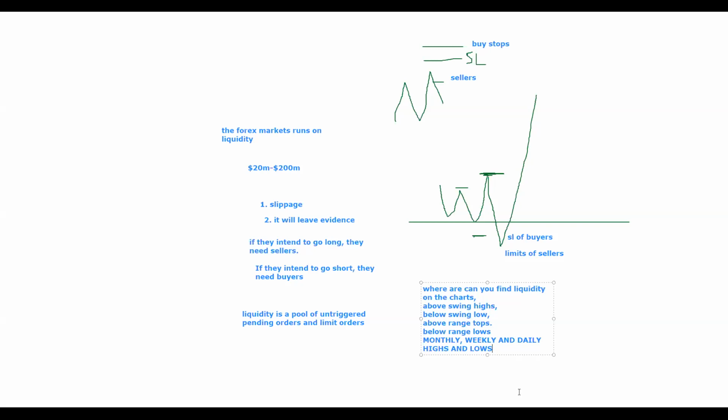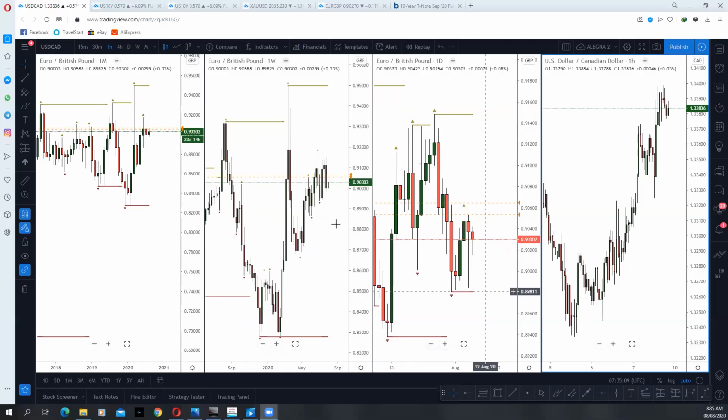So with this now, I'm going to move away from this. Let me go back to my chart. Can we all see my chart? Can we all see the chart now?